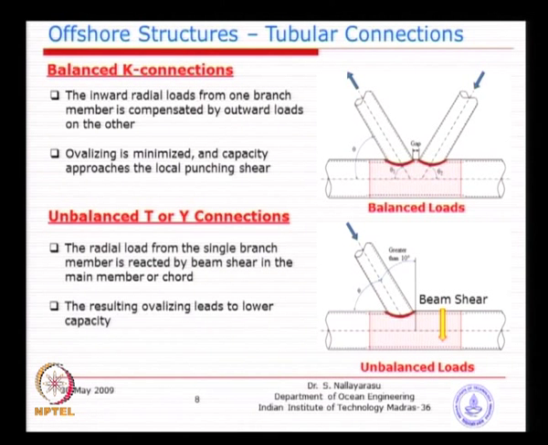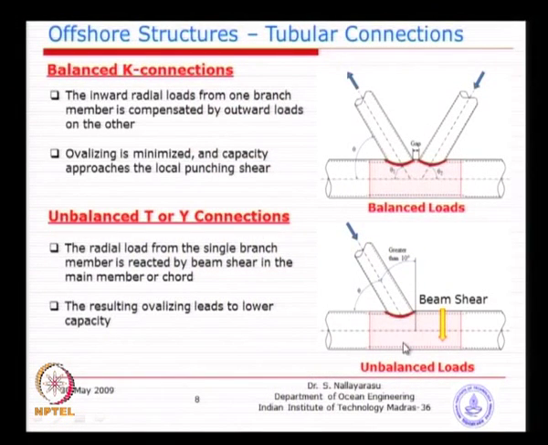So, when you are trying to classify, you need to see not only the shape, but also whether the load is balancing or not. For example, if you have both equal loads, you can classify it as a K joint, but if one of them is getting more load and the other is getting less load, then there will be a fraction of K joint plus a fraction of unbalanced Y joint. That is what we call load path dependent classification. Not only how the geometry looks, but you should also look at whether the load is balanced or unbalanced. So, for classifying as a K junction, we need to have balanced loads. For T and Y, you do not need load balancing.